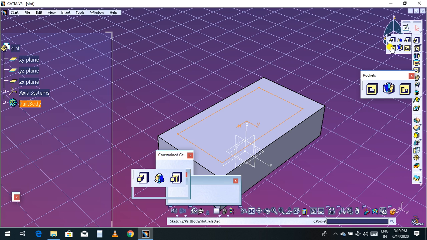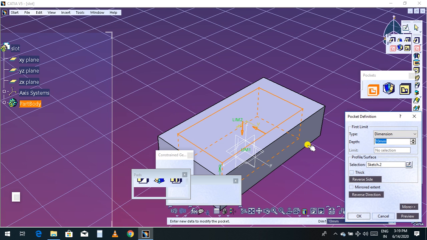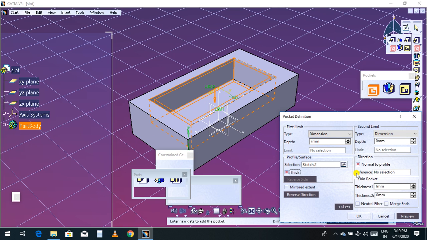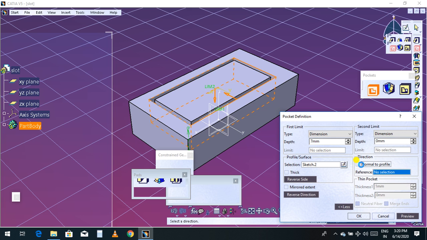Now use this pocket and the depth I'll take 7 mm. Preview, and if you want to take the thin outside you can take, or else you can keep it as it is. Okay.